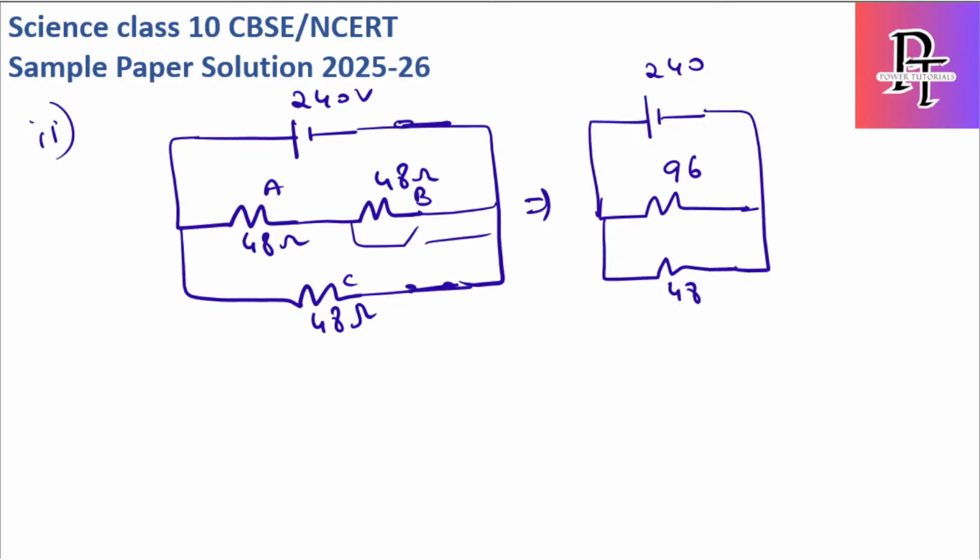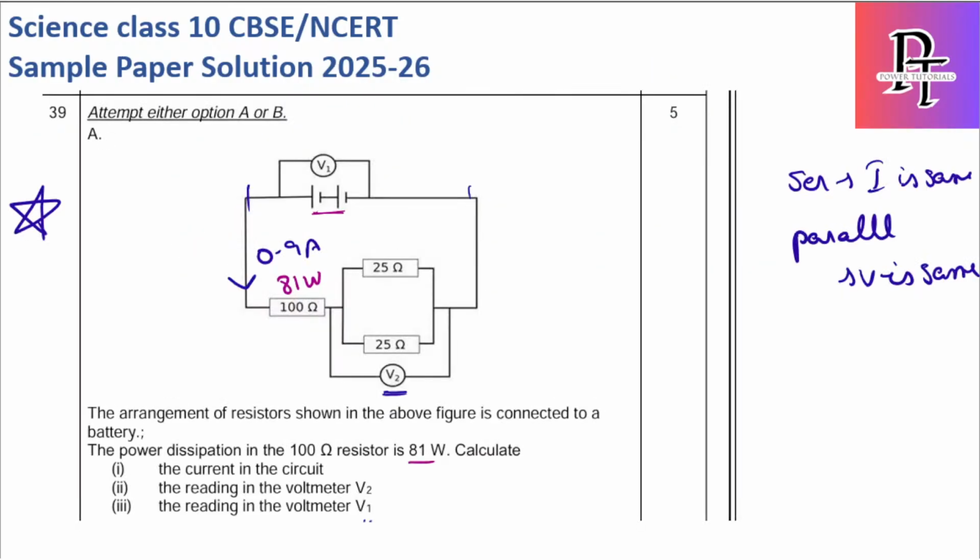Okay, so let me explain the first question once again. The first question, A part, is they're saying that we have one voltage source here, we have one resistor which is 100 ohms, and this is connected to two resistors which are connected in parallel, which is 25 and 25. Now the first question, the power dissipation in 100 ohms is 81,